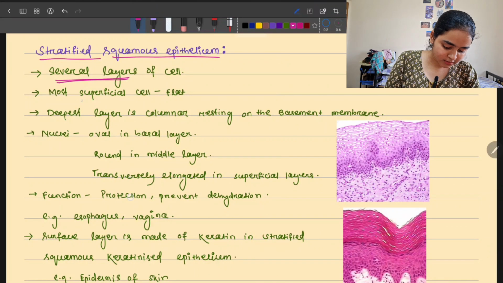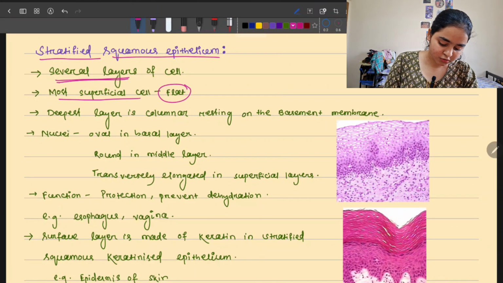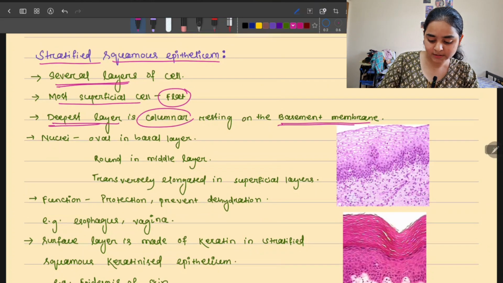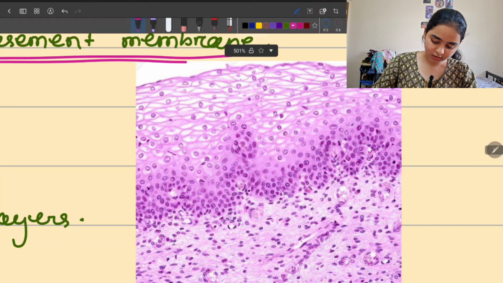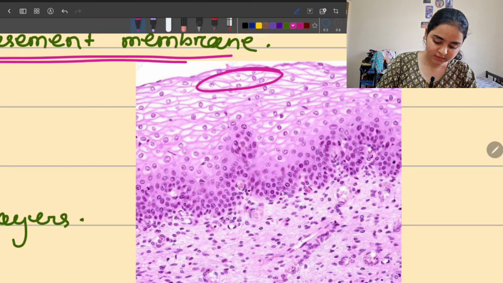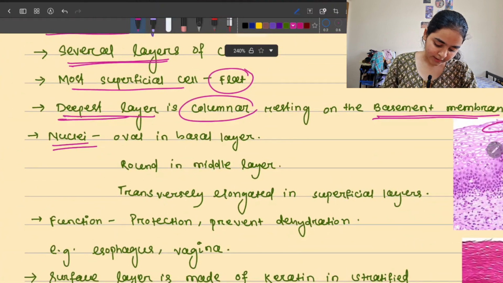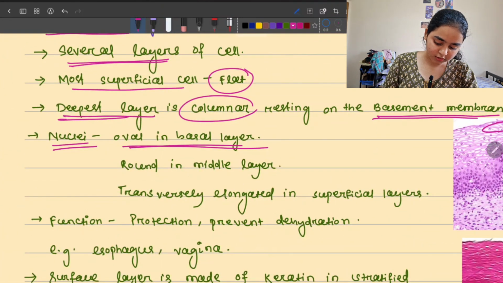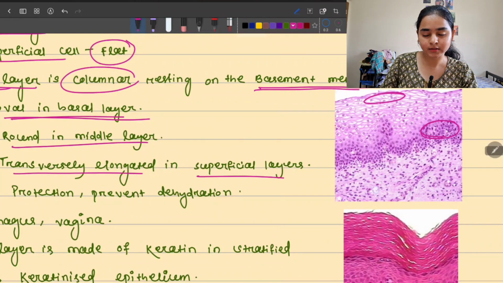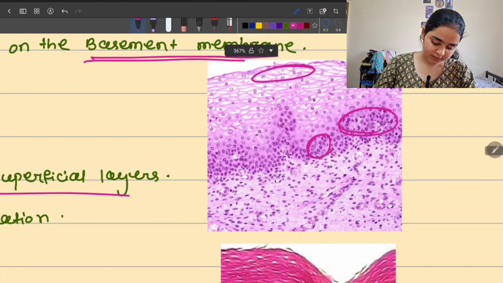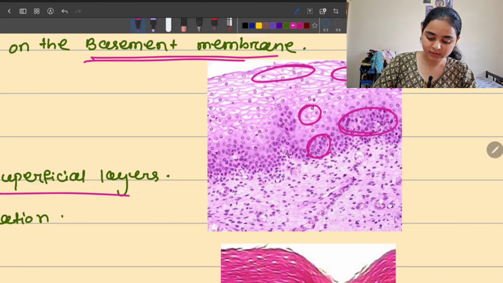It has several layers, multi-layered, and the most superficial cells are flat, and the deepest layer is columnar and it rests on the basement membrane. So here you can see the most superficial layer is flattened, but the deepest layer are resting on the basement membrane. And what are the nuclear features? The nucleus is oval in basal layer, round in the middle layer, and transversely elongated in the superficial layer. Here you can see the nucleus is oval in the basal layer, round in the middle layer, and transversely elongated